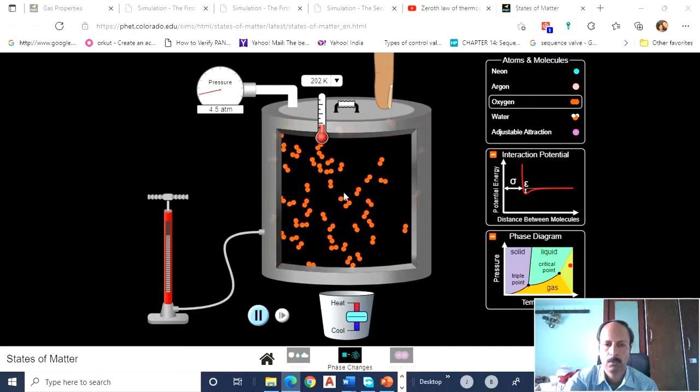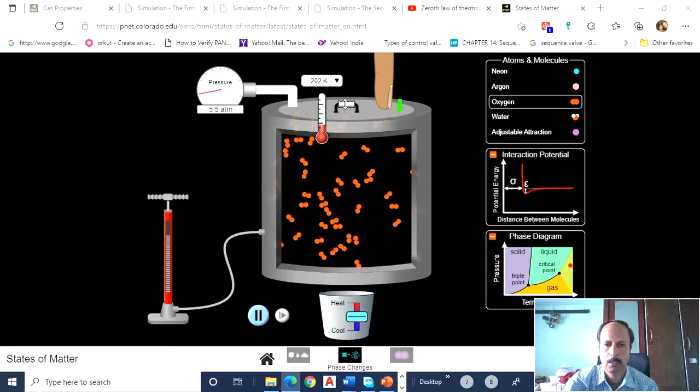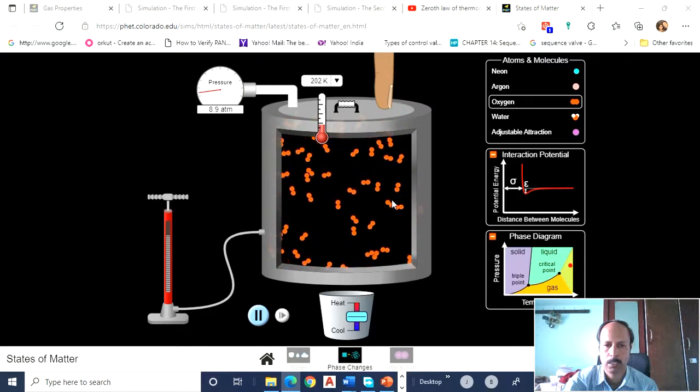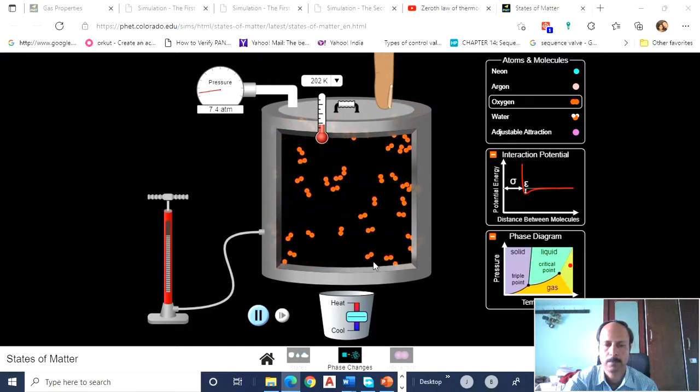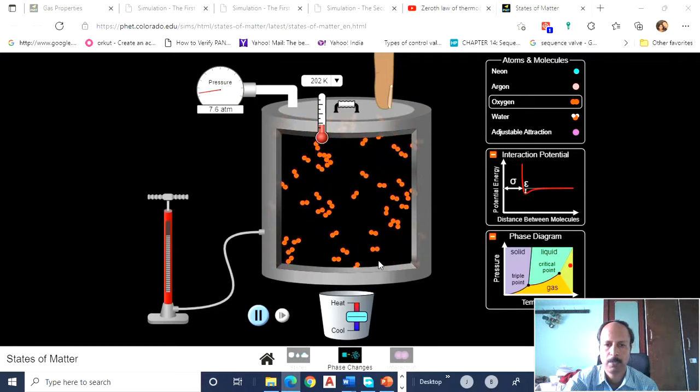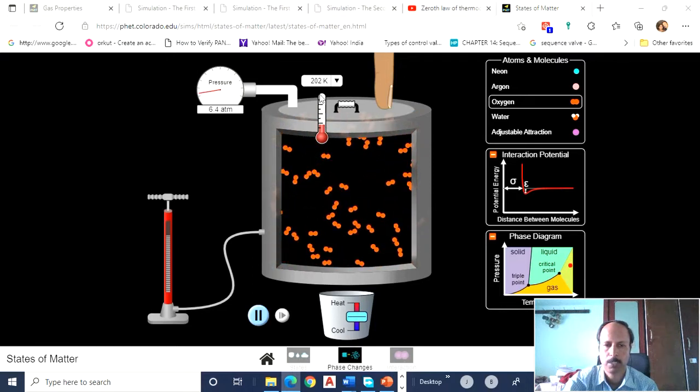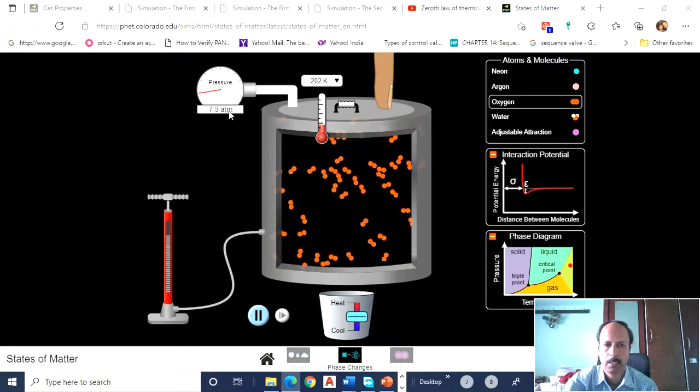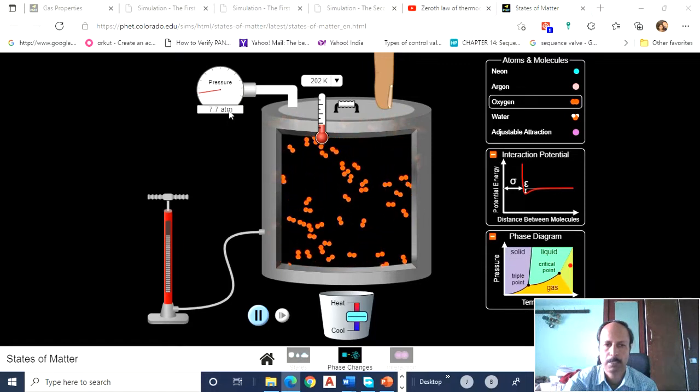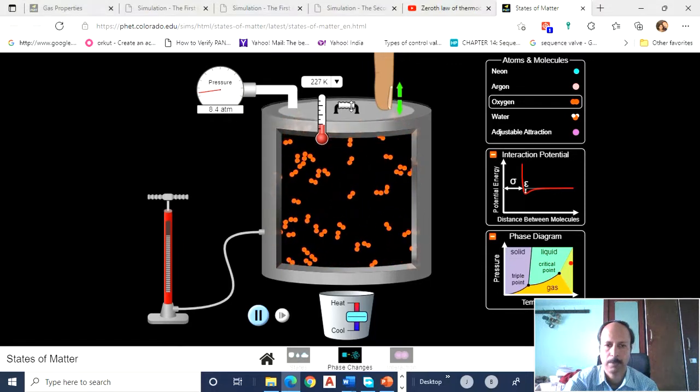If I move this lid down, the volume of the system will decrease. Then the expected behavior is that the thermometer should show an increase in temperature and the pressure gauge should show an increase in pressure. Let us see what is going to happen.